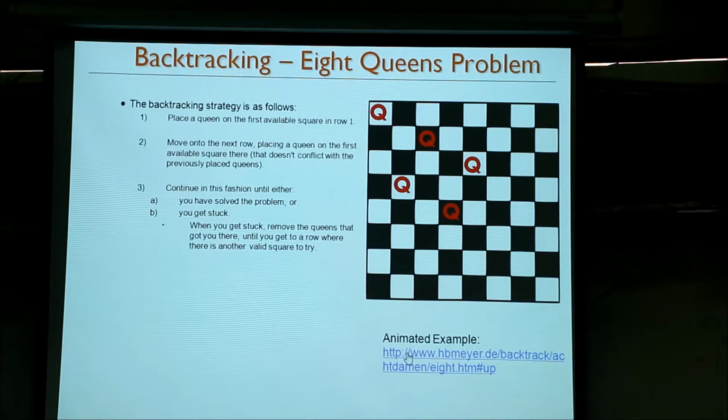So for example, here you see that in this particular row, this is blocked, this is blocked by this, this is blocked by this, and so on. So all the positions are blocked. You are not able to place the queens anywhere here. So we will go back to the previous row and get a new position for this queen. Maybe we will find the position of this, and this will continue.